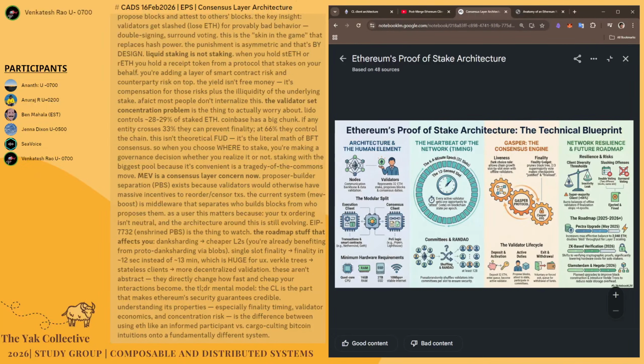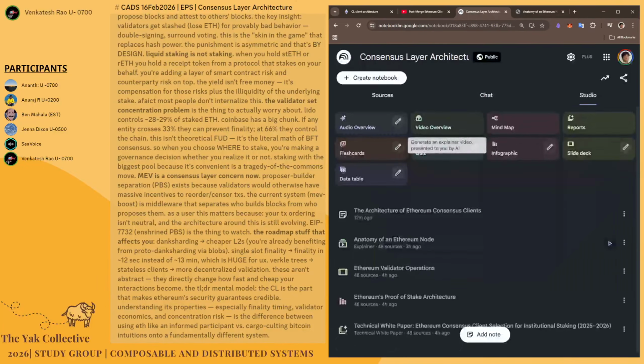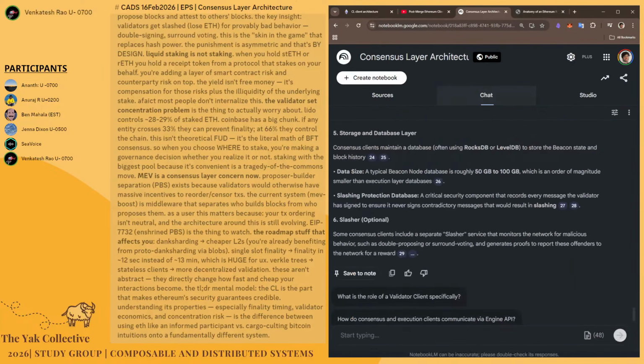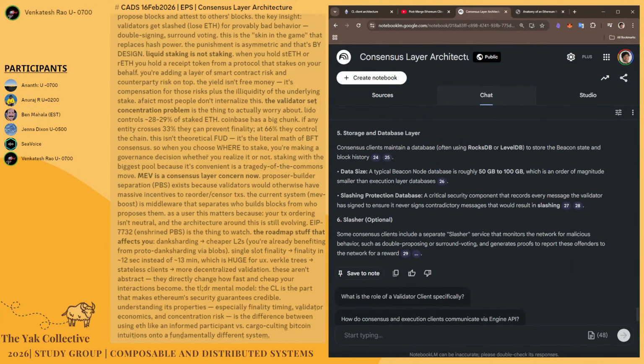First I asked about the history of where the current design came from, and that was interesting, because it went from an original proposal where it was kind of, I don't know how to describe it. In NotebookLM, you guys can't see my chat, right? Anyway, the very first version was actually something called the Friendly Finality Gadget, which is a kind of meta consensus that would periodically bless the chain with finality, on top of proof of work.